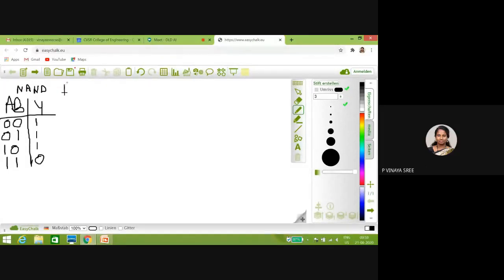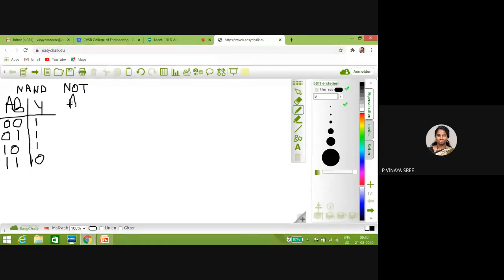Okay. Now we started with NOT. Let me revise once again. So we started with NOT. What you have written in your notes, like implementation of NOT gate. If not written, write down implementation of NOT gate using NAND gate. So for that, first try to write the NOT truth table also.